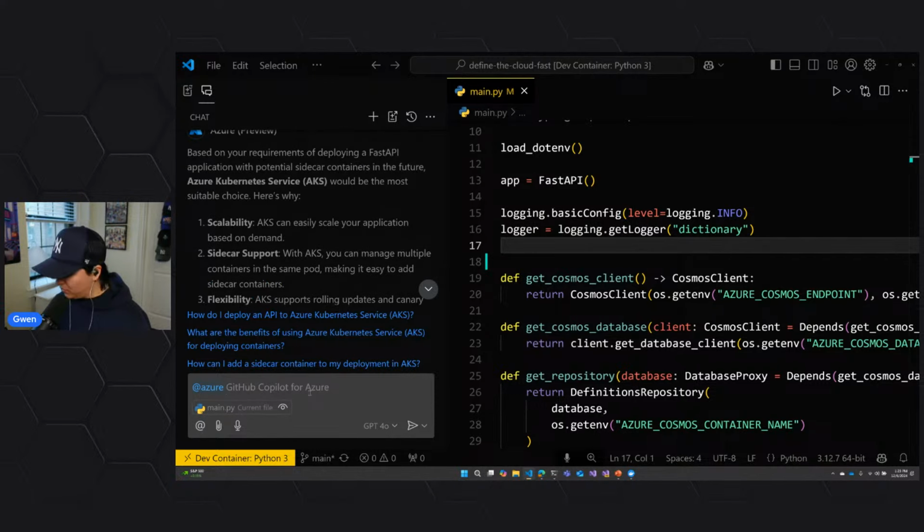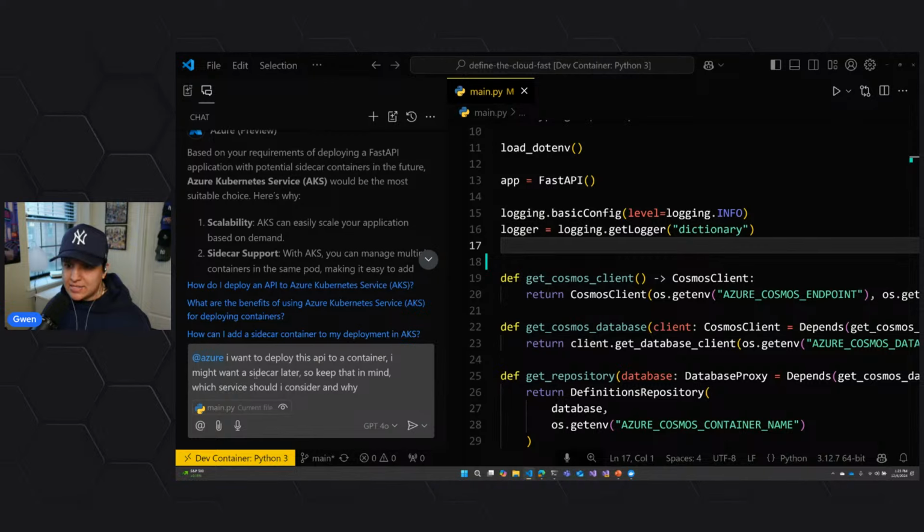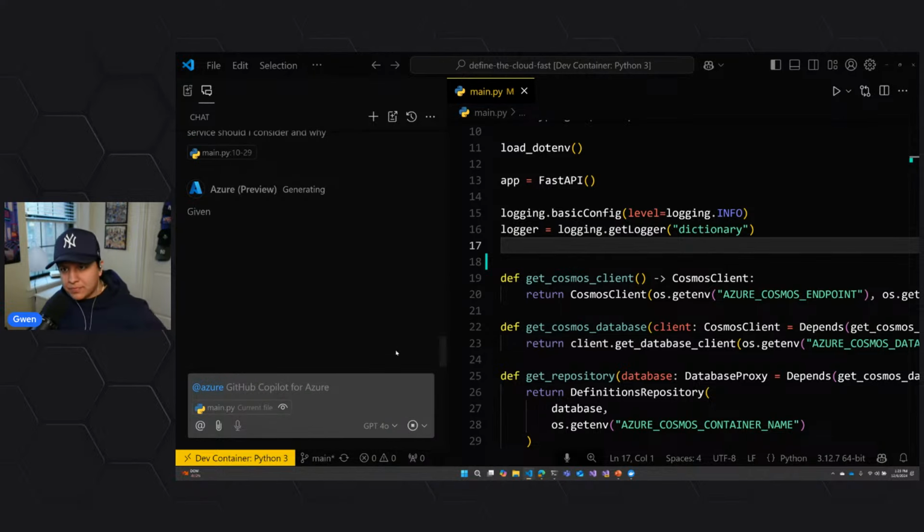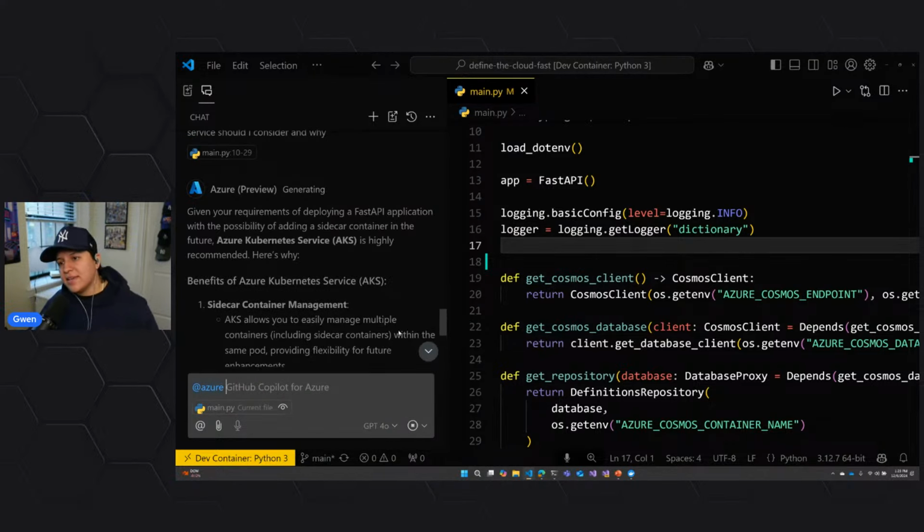Did I say multiple? Okay, hold on. I want a single sidecar later. So keep that in mind. Which service should I consider and why? Let's see if I can get a different answer here. It's still saying AKS, which I think,